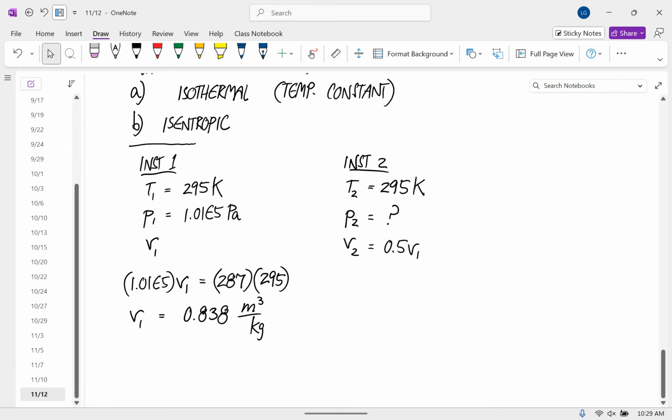And now we'll do the same thing at instant 2. We have 1.01 times 10 to the 5th. No, we don't. This is what we're trying to calculate. P2 times the volume, which is 2 times this. So 1.677